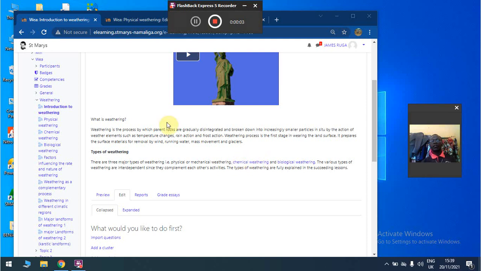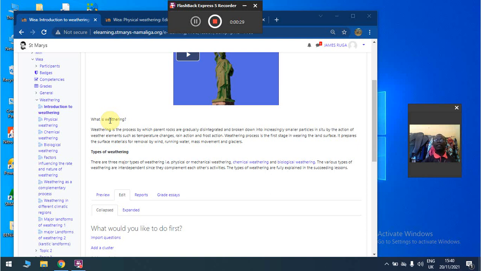Hello, good afternoon, students. In our lesson today, we are going to study weathering. Weathering is a very important term in physical geography, and it is one of the denudational processes which wears away the landscape. The term weathering comes from the word weather,